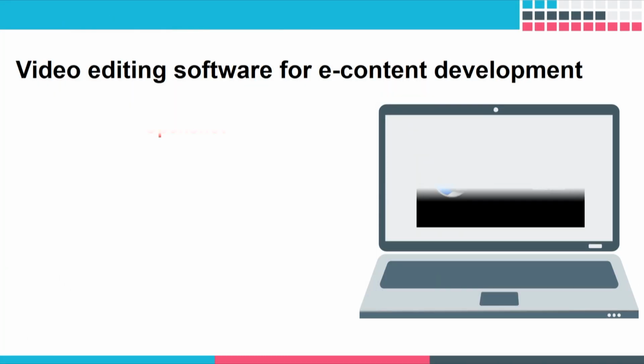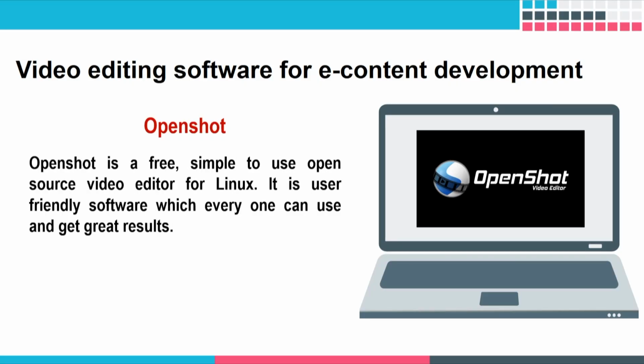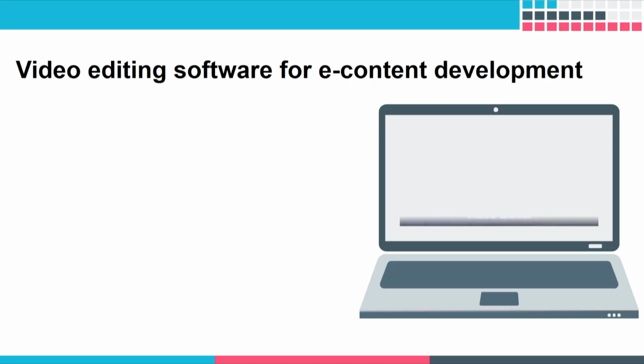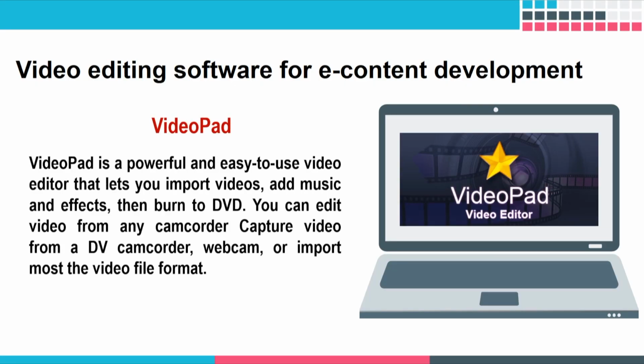Another is your OpenShot. Magisto and OpenShot, both these softwares are free and open source software. OpenShot is also free and it is simple, right? And since it is open source, you can download it, but mind it, OpenShot is only used in Linux operating system, not in Windows operating system. VideoPad is also an open source software. This is also video editing, right?